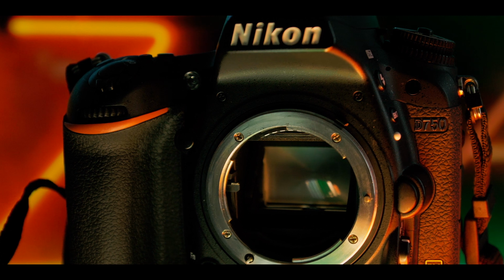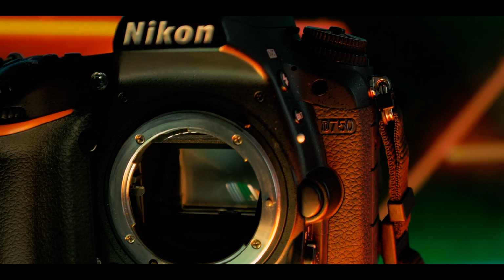It also shoots 1080 video at 24, 30, and 60 frames per second if you want to do slow-mo. The video isn't the best when I've used it. It's a little bit soft, but with some sharpening, it would be great for uploading to YouTube at 1080, for shooting vlogs, just shooting little bits of video, short films, and stuff like that. It's absolutely usable. The video is just a little bit soft. If Nikon came out with a 750 Mark II that shot 4K video, this camera would be an absolute killer,